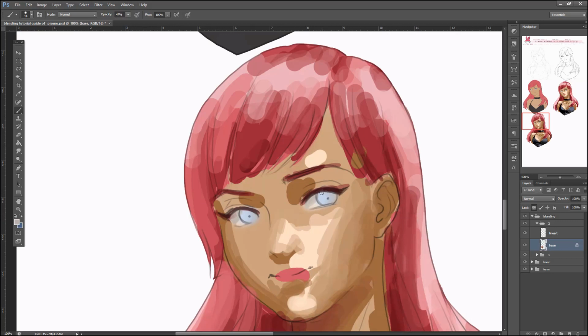So I'm going to select the shadow tone for her eyes, something like this. Of course, you're going to have a bit more trouble with the eye area because it is such a small area to paint in,